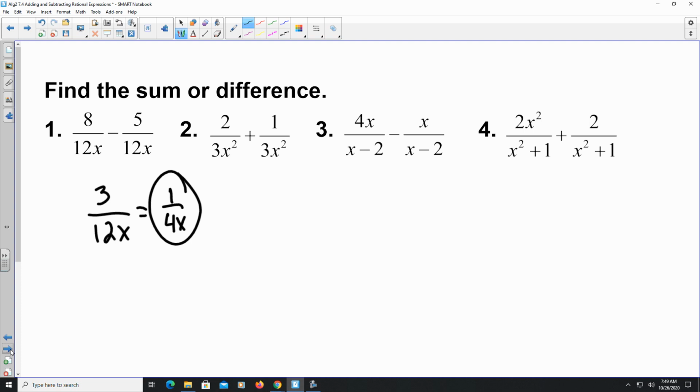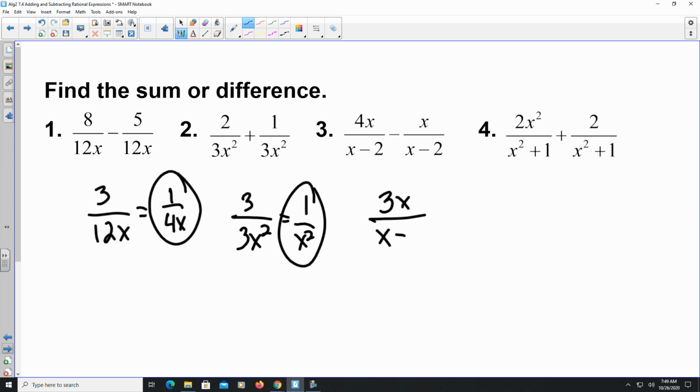Same thing with number 2. You're going to have 3x squared on the bottom. This is going to be 2 plus 1, which is 3, so this gets reduced to 1 over x squared. Number 3, 4x minus x, this will be 3x, and then it's all divided by x minus 2. There's no canceling in this one because the x minus 2 is contained under subtraction,